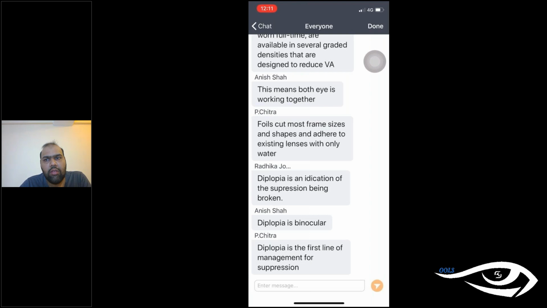You have to work on saccadic pursuit. That is also, you have to start monocular, then you have to go to binocularity. So initially, if you start, obviously that is not going to improve. If the person's visual acuity is 6/60, there won't be any type of anti-suppression, you won't be able to perform